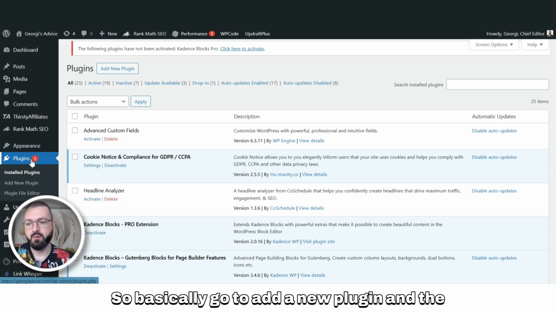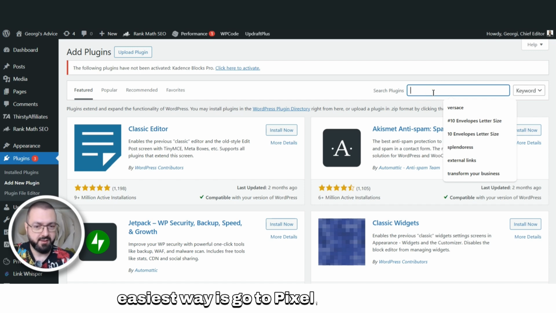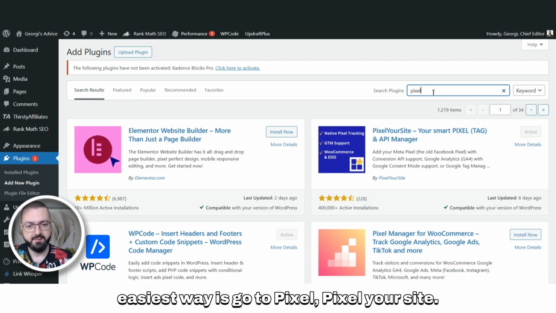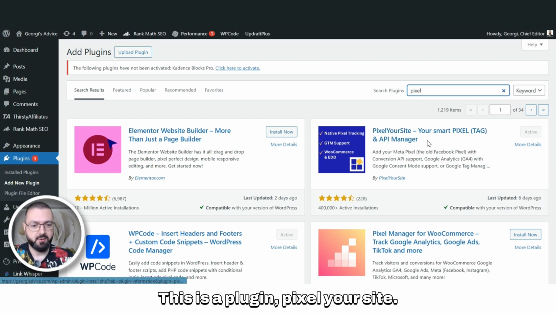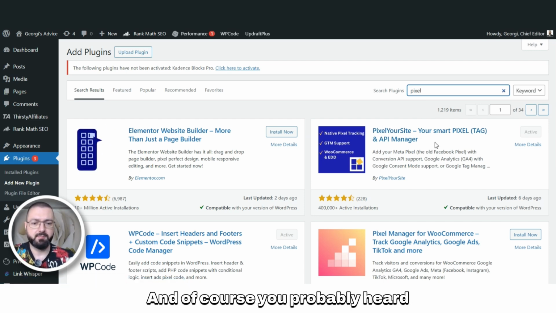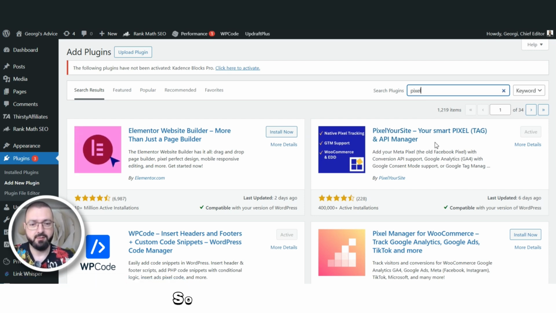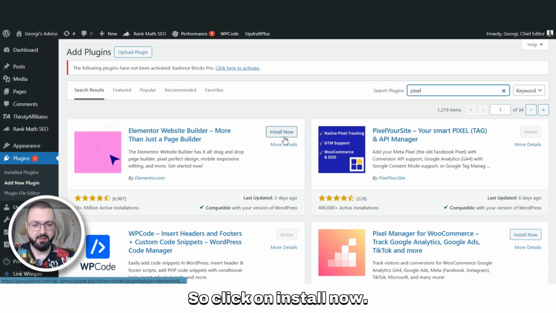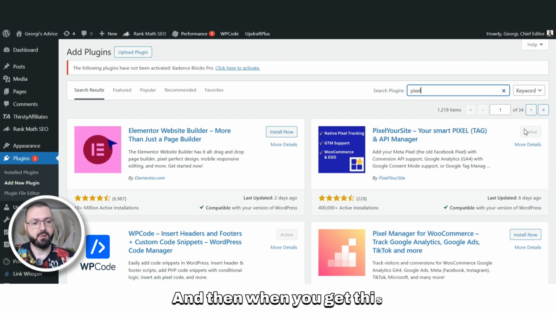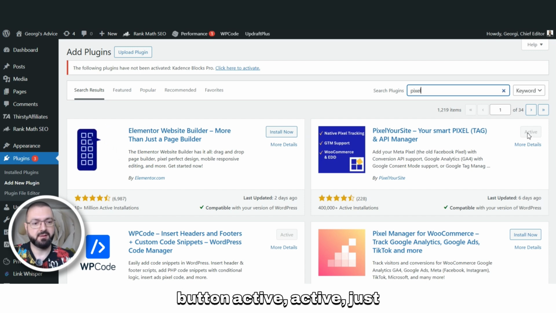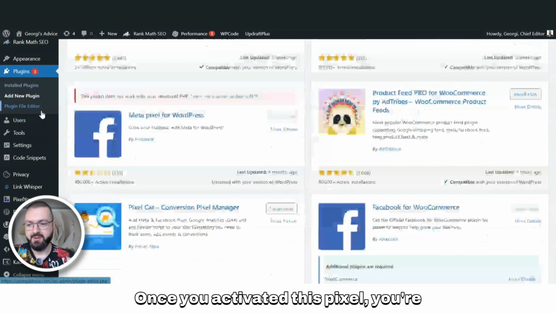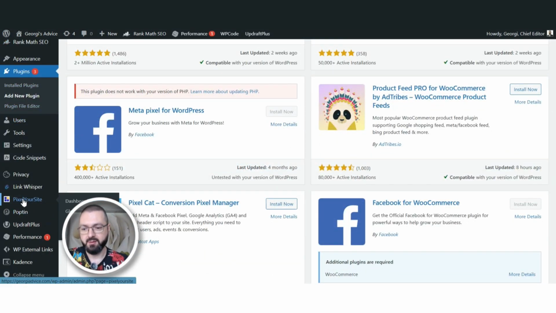So basically you add a new plugin, and the easiest way is go to PixelYourSite. This is the plugin, PixelYourSite. And of course, you probably heard about this PixelYourSite, so I'm going to be covering another way as well. So click on Install Now, and then when you get this button active, just click on Activate to activate it. Once you activated this Pixel, you're going to see it here on the left-hand side. So Pixel, go to Dashboard,